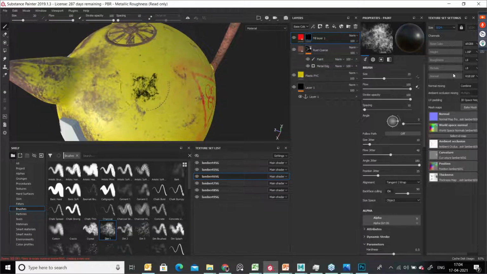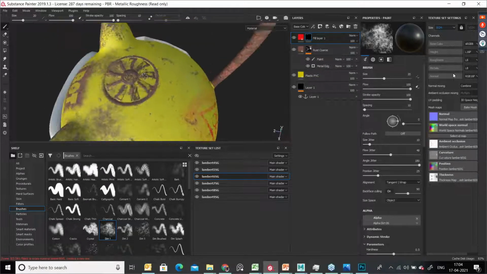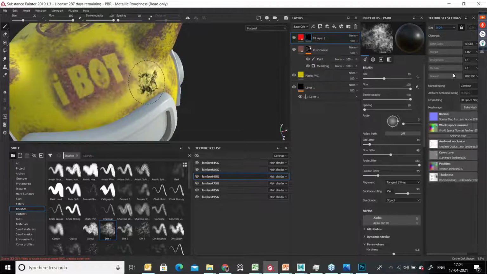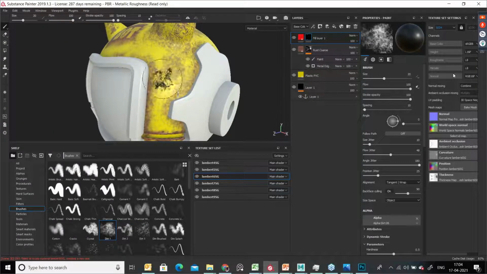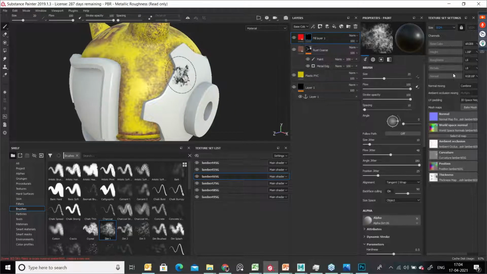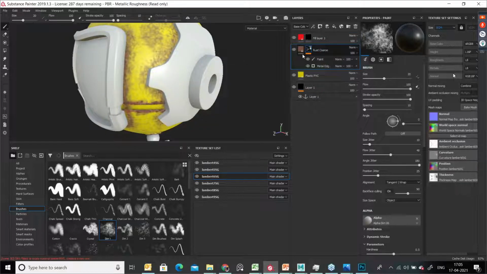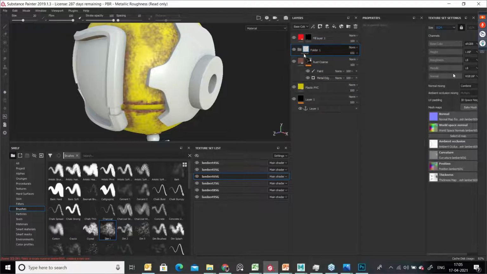So now we created the logo, and we created a bent design over here. We created a name board for this bot, and we created a crowded area for this bot's side. And now we want to apply this texture to other areas of this geometry. So for that, we have to create a folder. Select this rust course and click on add folder. In this folder you can name it as iBot texture.